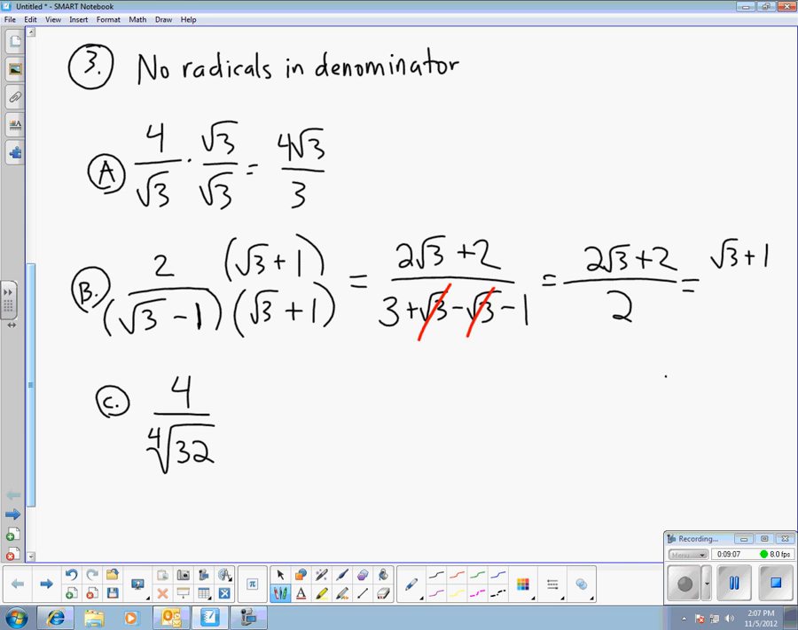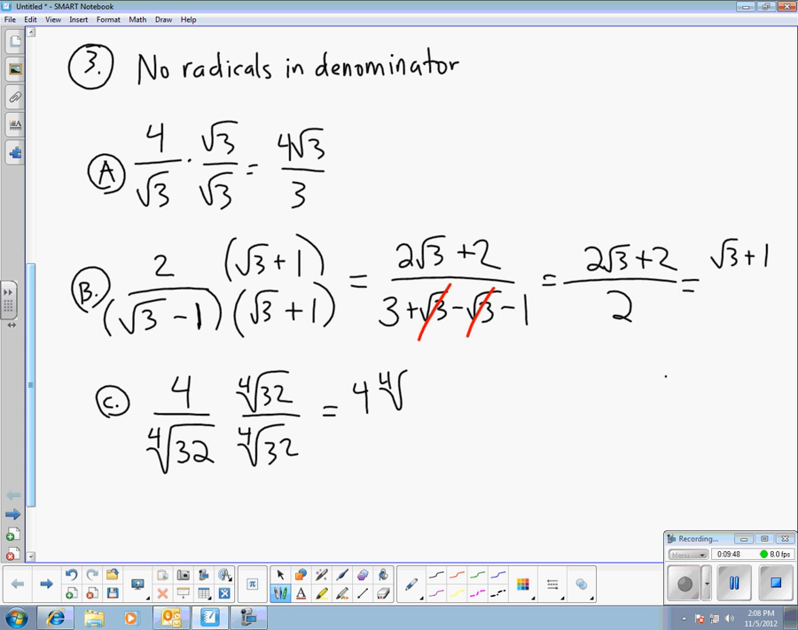Now, what we've done in the past, if it's a square root, you just multiply by that same square root. This is not going to work the same way with a 4th root, because the 4th root of 32 times the 4th root of 32 is the 4th root of 32 squared. And 32 squared is 1,024. So if I try to multiply by 4th root of 32 over 4th root of 32, I get 4